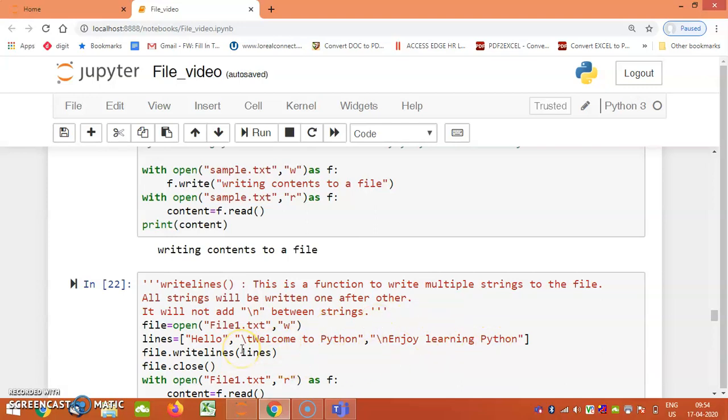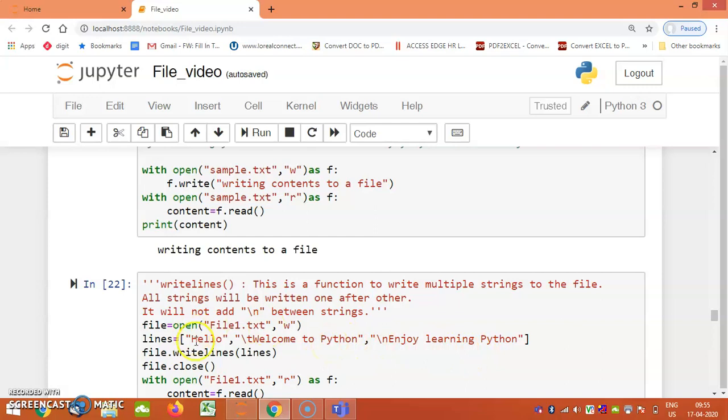Now listen, I am going to write data in the form of a list. I have opened a file, file1.txt, and the file pointer is pointing to file1.txt, and I have contents that are a list: Hello, welcome to Python, enjoy learning Python.